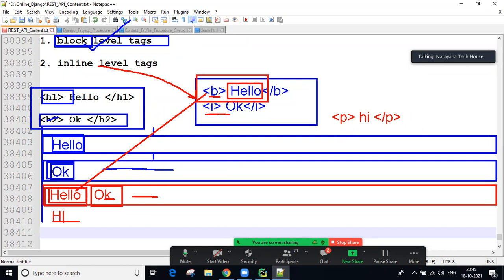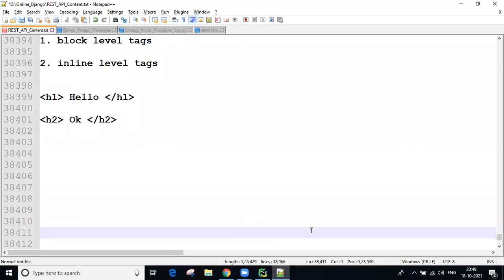Obviously you're going to get the hi message at the bottom. Are you understanding these things? Just remember, block means always new line, starting from the left onwards. Inline means same line; whatever the content is, only the content area is reserved, and the remaining space we can use for another tag.